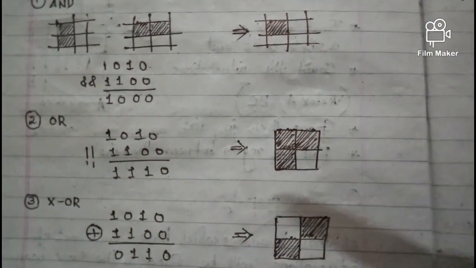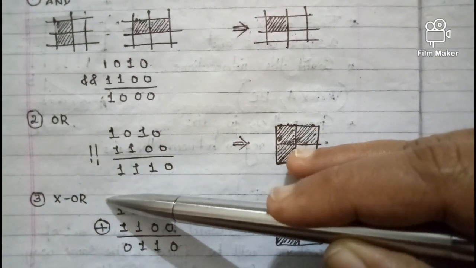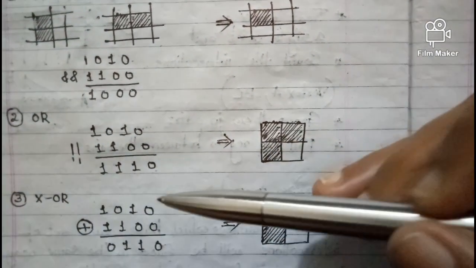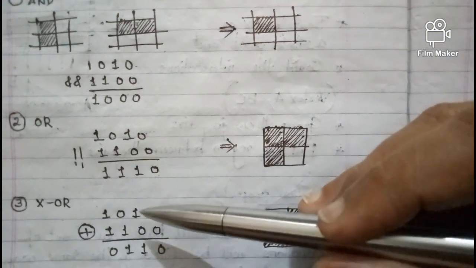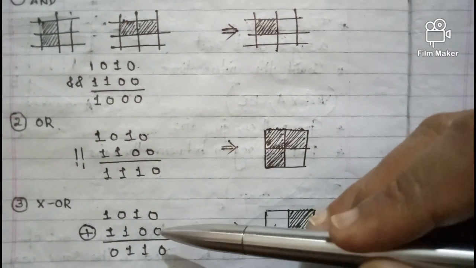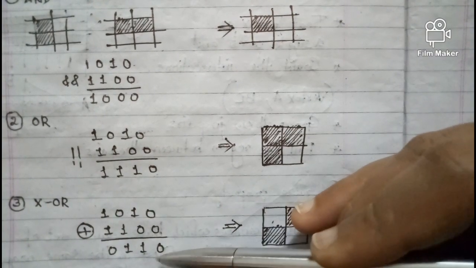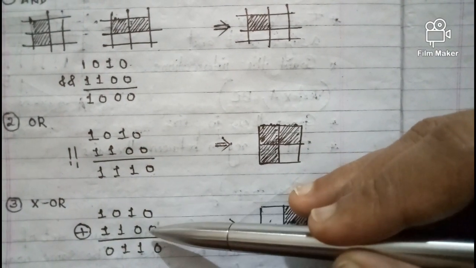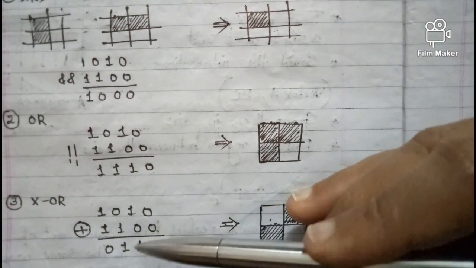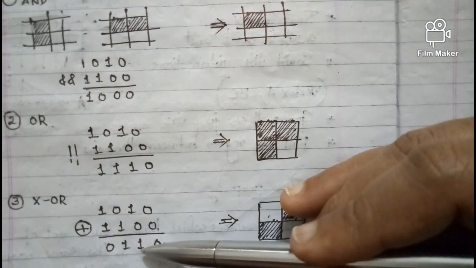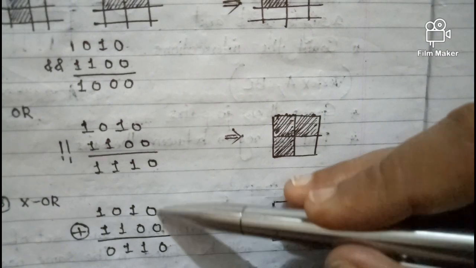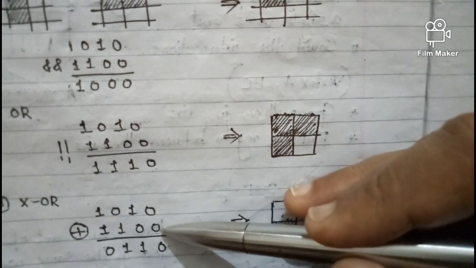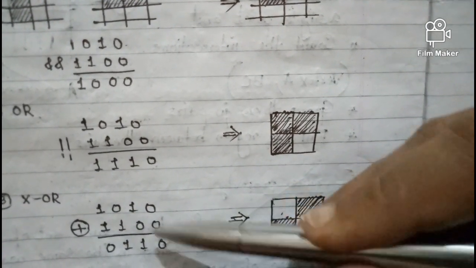Okay. Now the third operator is the exclusive OR operator. The exclusive OR operator also takes the binary equivalent of two colors, and the rule says you will get a 0 when the inputs are the same, and you will get a 1 if the inputs are different. Let us check. These two are zeros. That means the inputs are the same. Then the output will be 0.